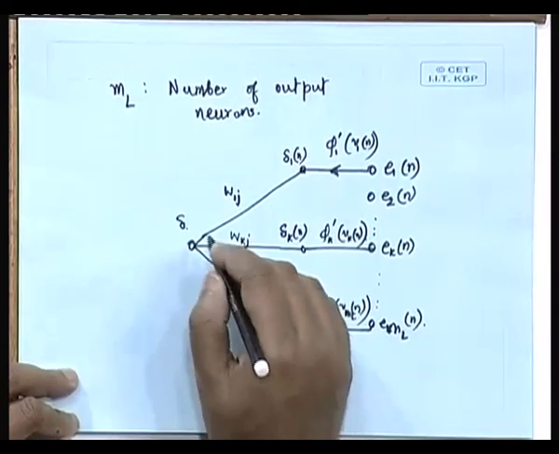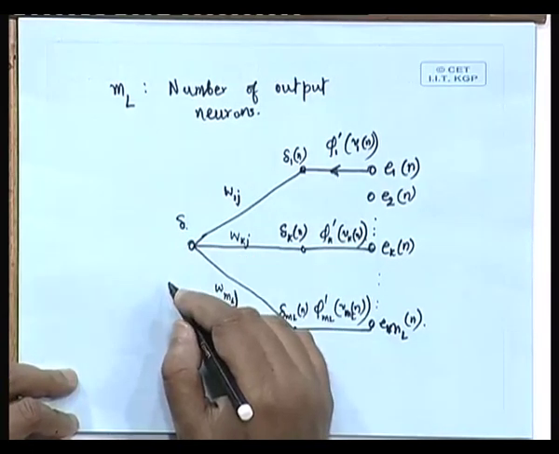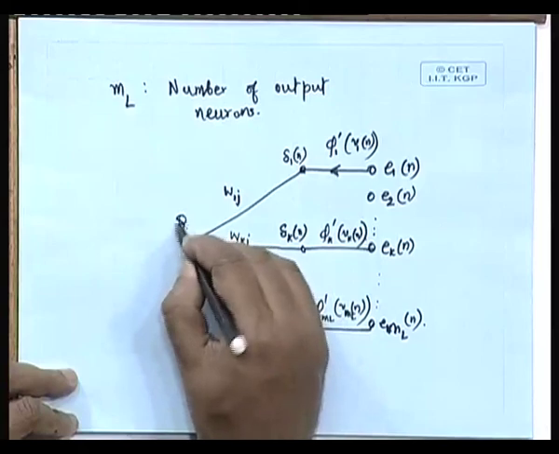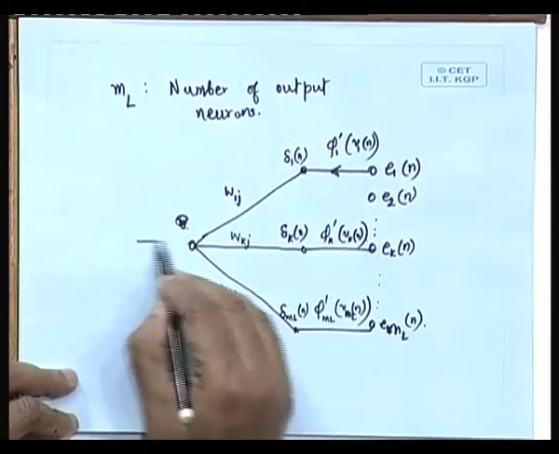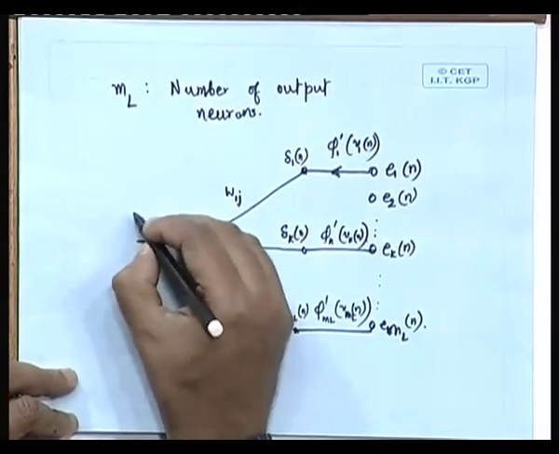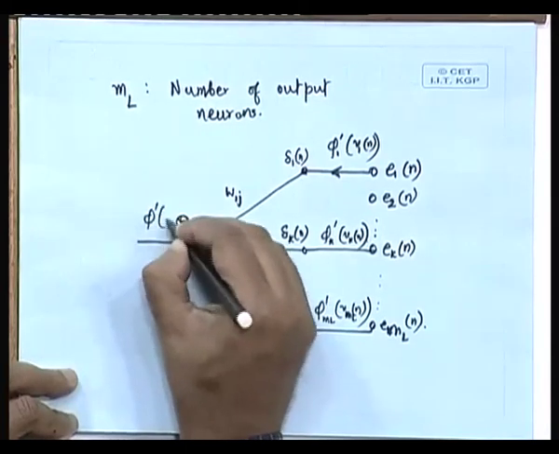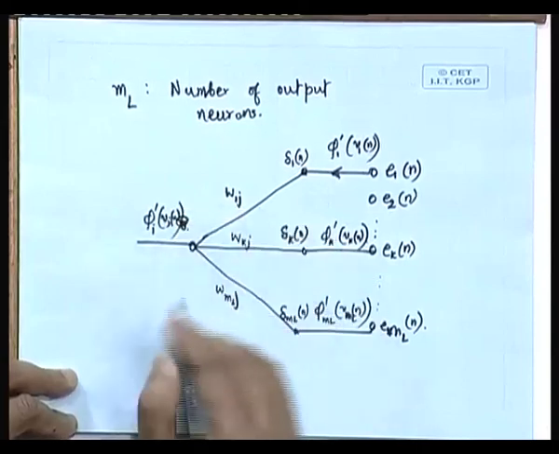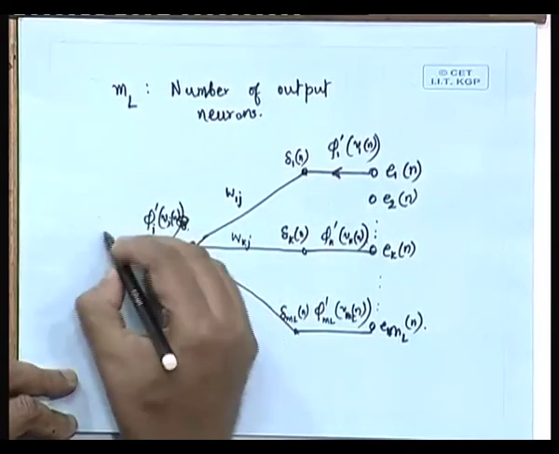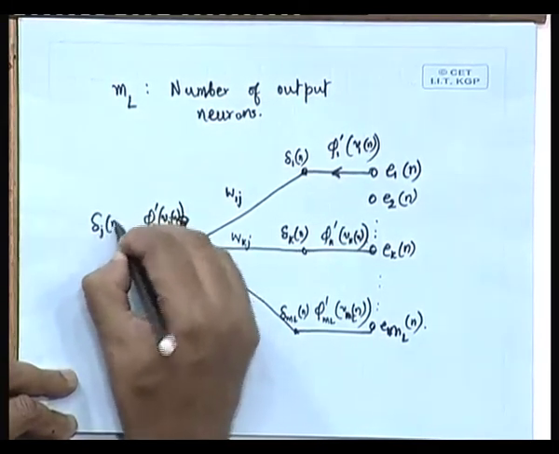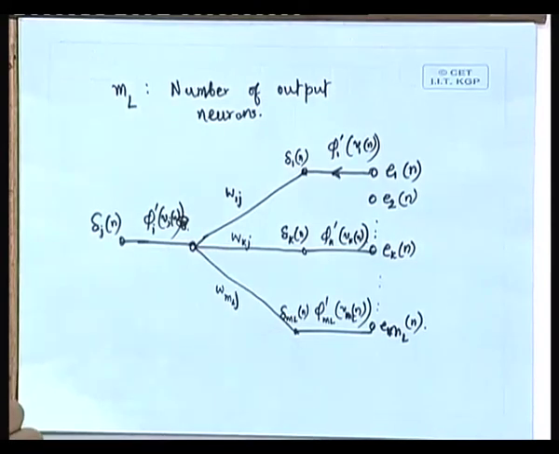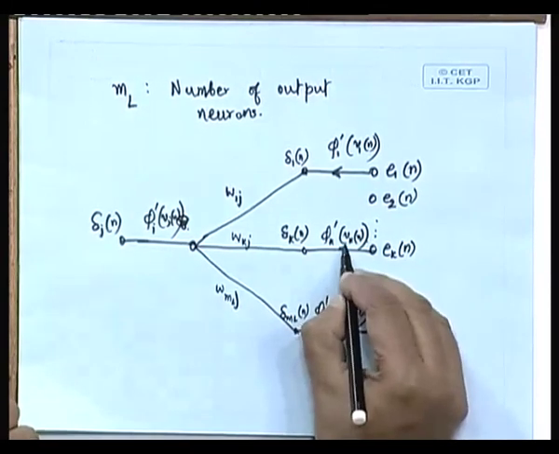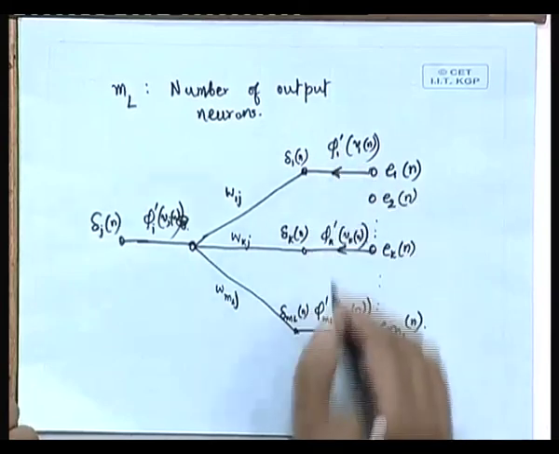So, this is simply summing it up, okay, and then this summed term we have to go through what? Phi dash J Vj of n, right, and that will give me delta Jn, right, and here we should indicate the signal